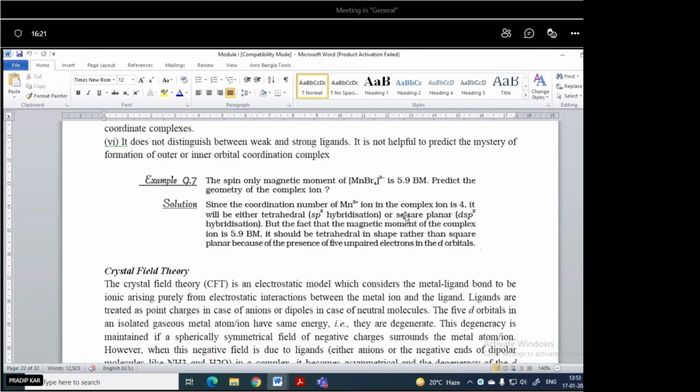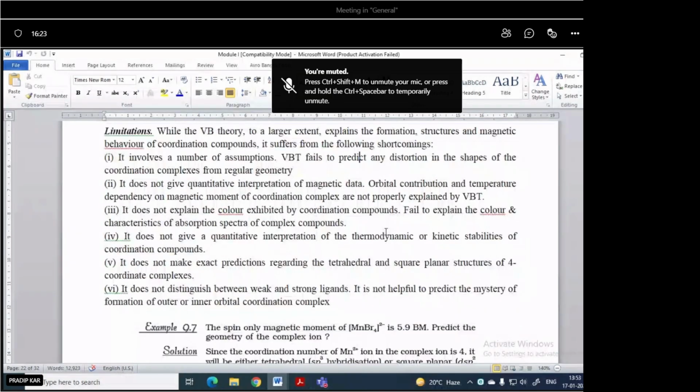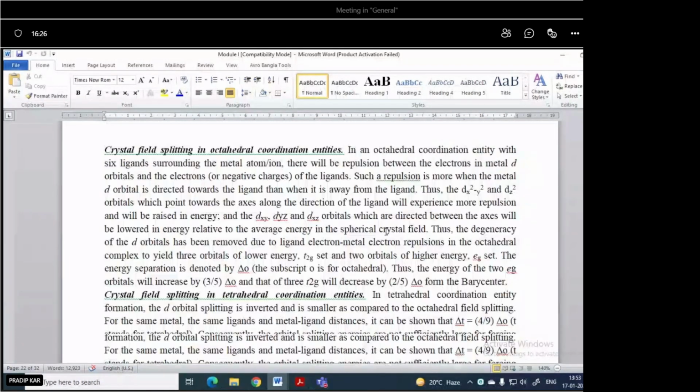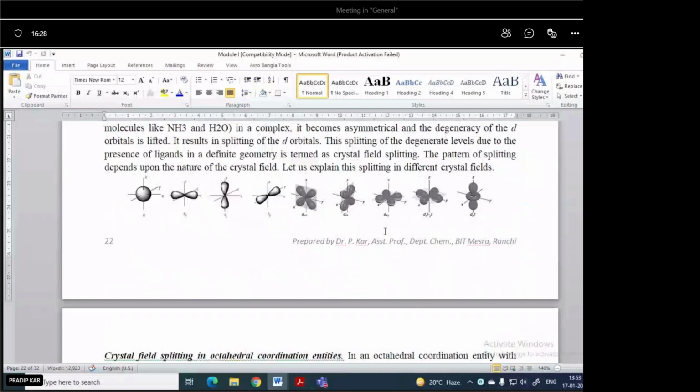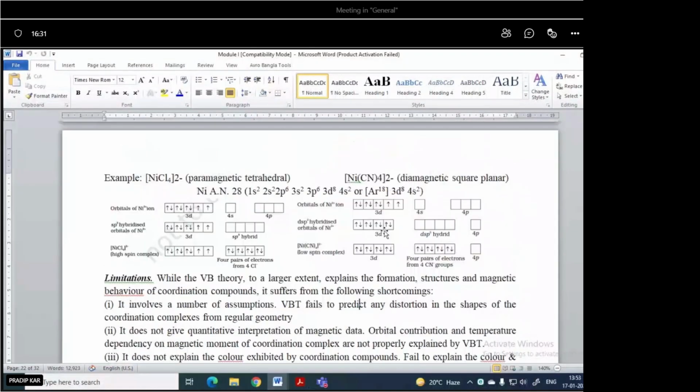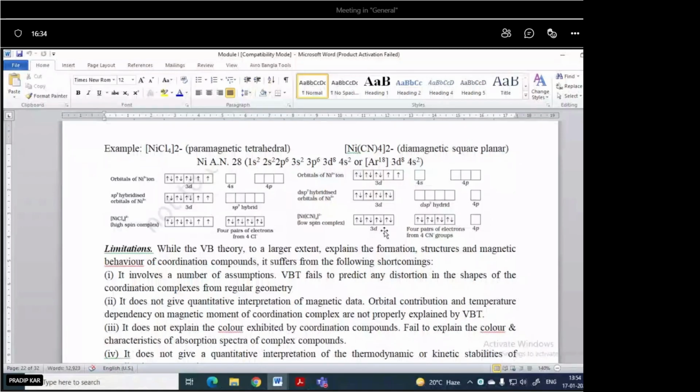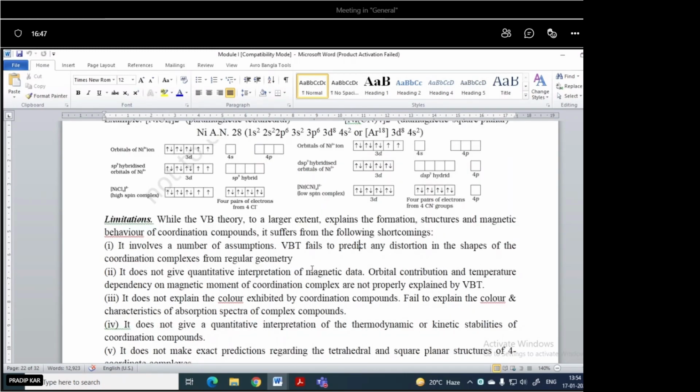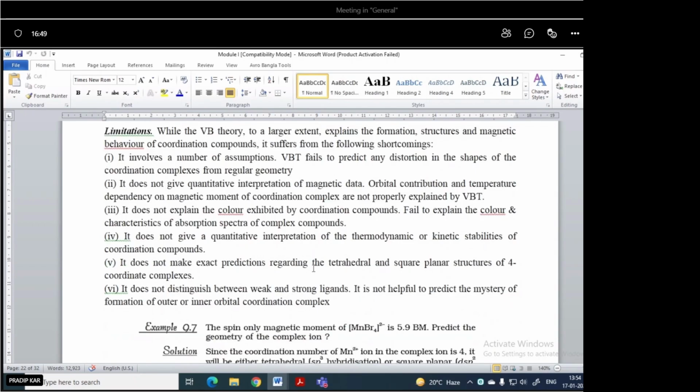Okay. So in this way, the question may be to explain the hybridization for the coordination compound and to explain its magnetism. Or paramagnetic or diamagnetic may be given, the magnetic property may be given, and you are asked to predict the geometry. Okay, so we now have an idea about the valence bond theory to explain the structure of the coordination complexes.